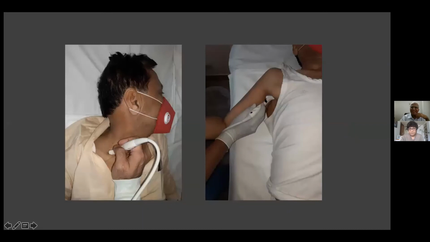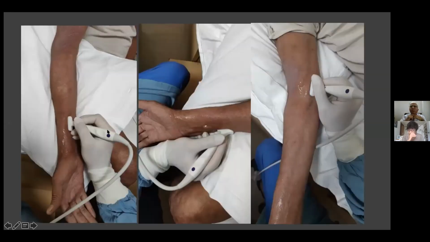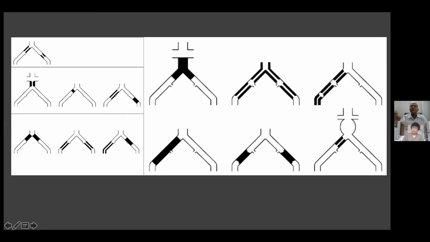This is the axillary artery in the axillary fold. This is what it looks like, a clean long view, and this is for the upper limb. Again, the hockey stick probe works rather well for the radial, the ulnar, and the brachial. And once you've seen all this, you should be in a position to anatomically and physiologically decide what is to